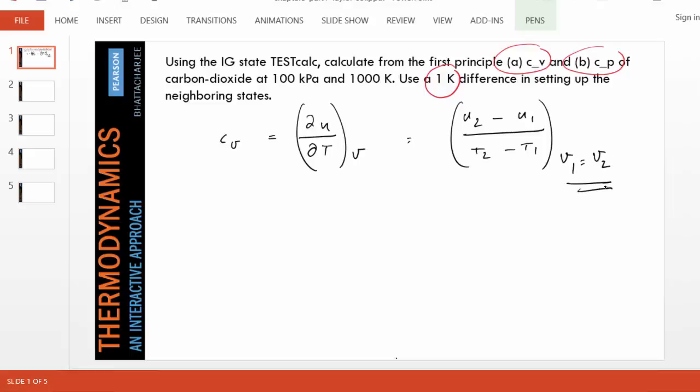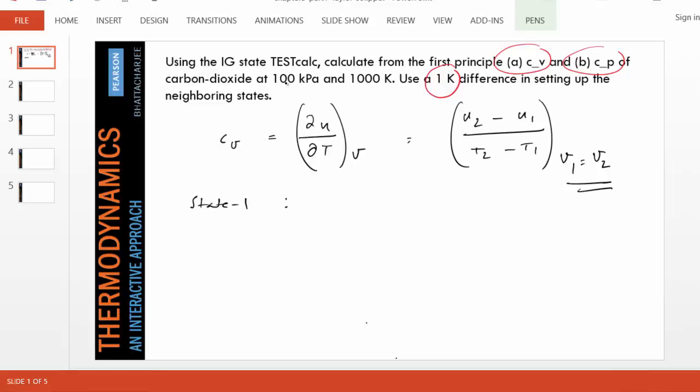So if we think of two different states, neighboring states, and change temperature and see how much U changes, their ratio should be CV. And it's given that use 1 K as the difference. In other words, T2 minus T1 should be 1 K. So we can set up two states, state 1